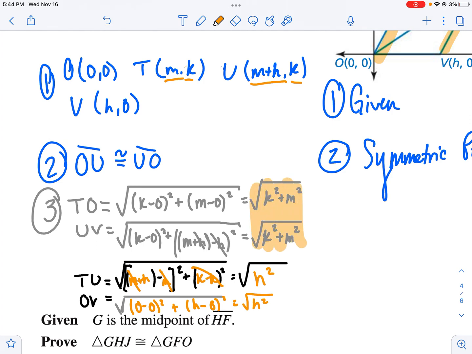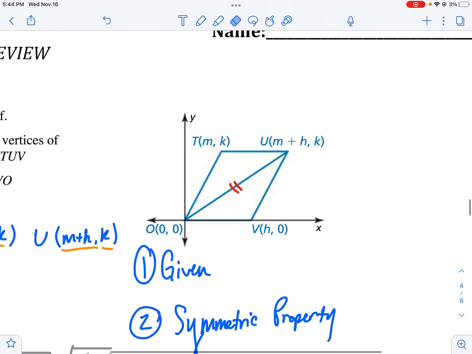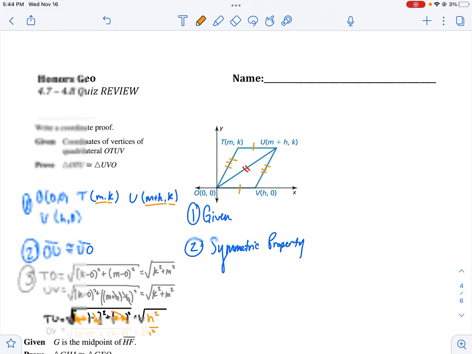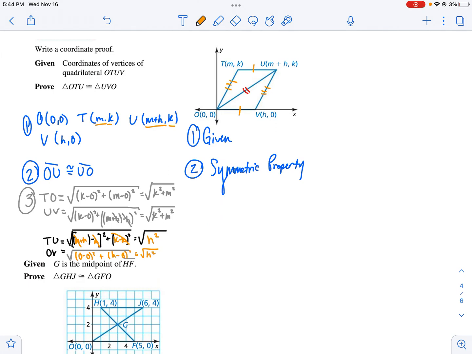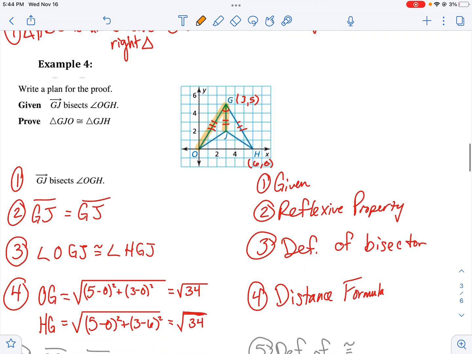So what I've shown here is that I have one pair of congruent sides, two pairs of congruent sides. So here on my drawing, I've proven that two pairs of sides are congruent, which means that my next step is to say that I have congruent sides, and then I have two congruent triangles by side, side, side. So there are some examples of congruent triangles in coordinate proofs. Let me know what questions